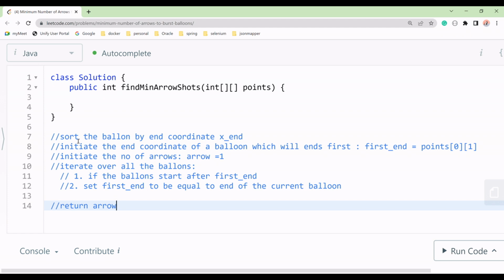Now we are clear. If you want, you can pause and try it in your own way, right. So this is our algo. Okay, now how will we start? What we have told, first we will sort the coordinates by the end. So first we will make a condition, if this is our points,